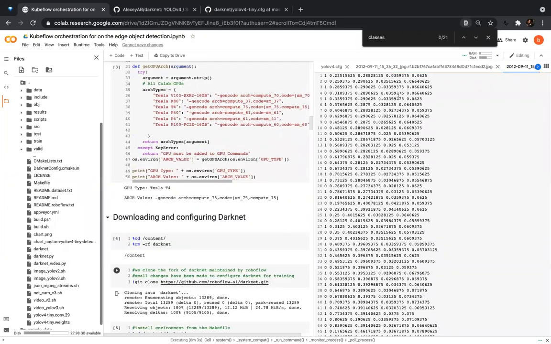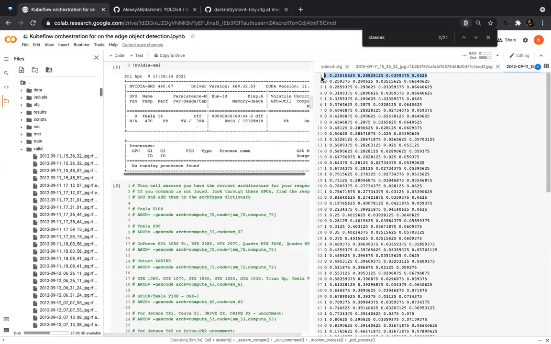There it is. So with each image file, you're going to find a corresponding TXT file. Every line is going to be an object. The first number of the object is going to be the class index. The second, third, fourth, and fifth values will be the coordinates of the bounding box. You can see that these coordinates are not real coordinates, but they are normalized according to the height and width